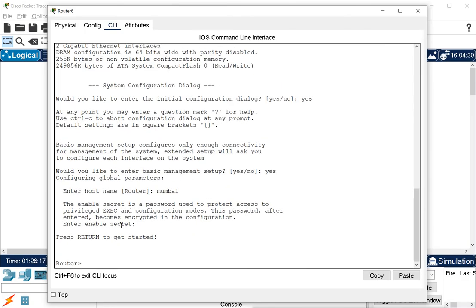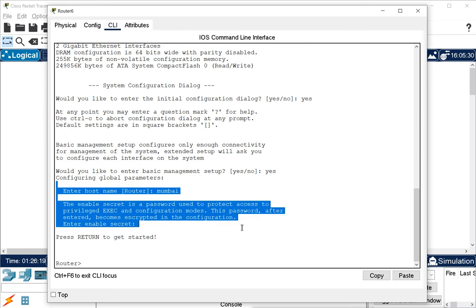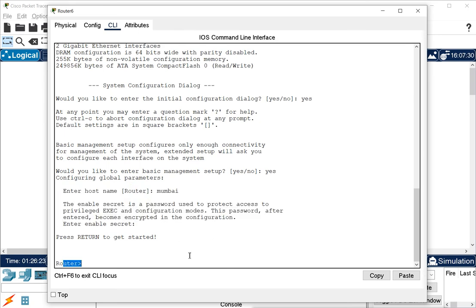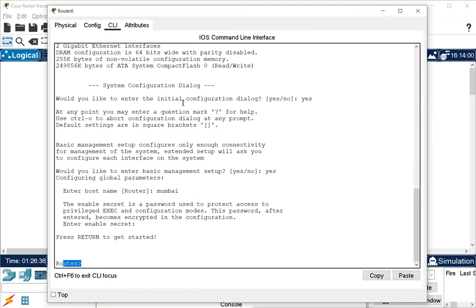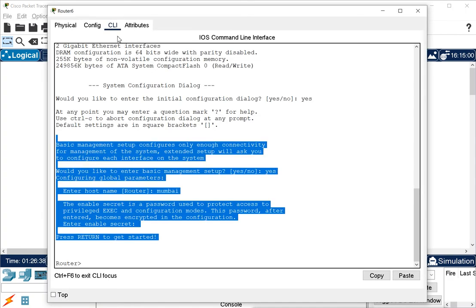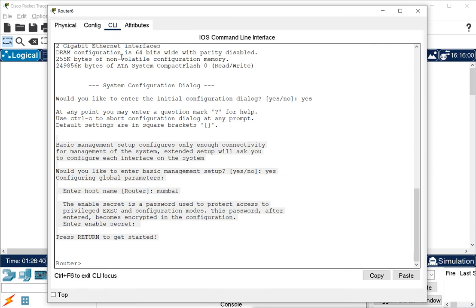Press Ctrl C here, and then we are into this mode. So we can do this directly. We don't require this connection, like making this connection and seeing the router interface. We can directly click on the router to see the terminal of the router from this CLI option. So this is how we can access the router for configurations.